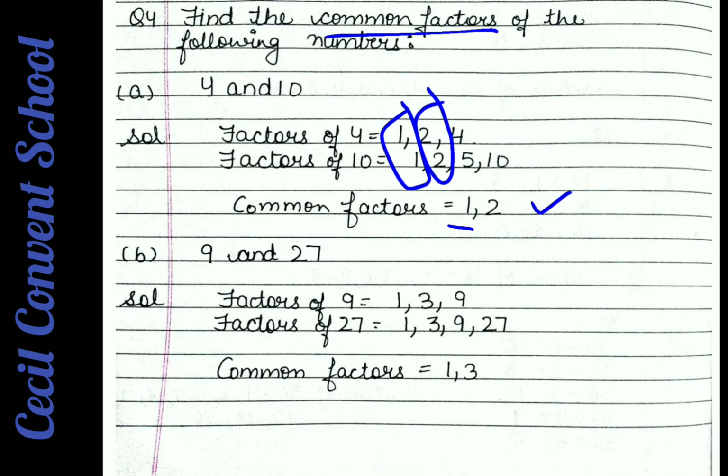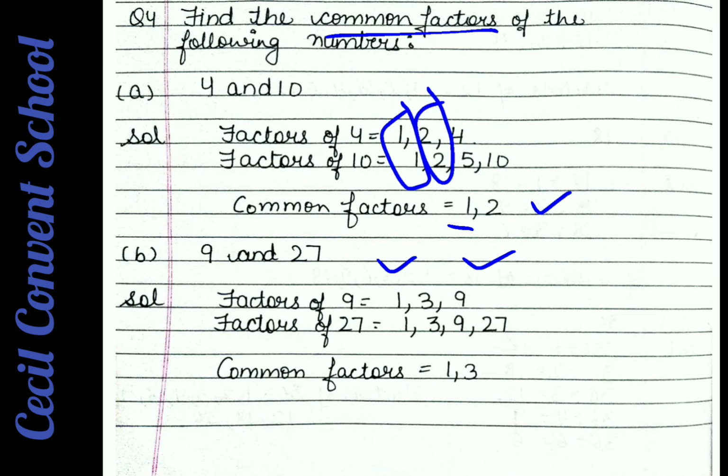B part. B part is 9 and 27. It means that firstly you write 1 and then you write 9 at the end. Smallest factor and biggest factor. After 1 you will see, in 2 table does 9 come? No, you will not write. 3 table, 9 comes. Yes, so you write 3 here because 3 3s are 9. You will write 3 only one time. 4 table 9 comes? No. 5 table no. 6 table no. 7 table no. 8 table no. Then 9 is already written, means you have to stop now.